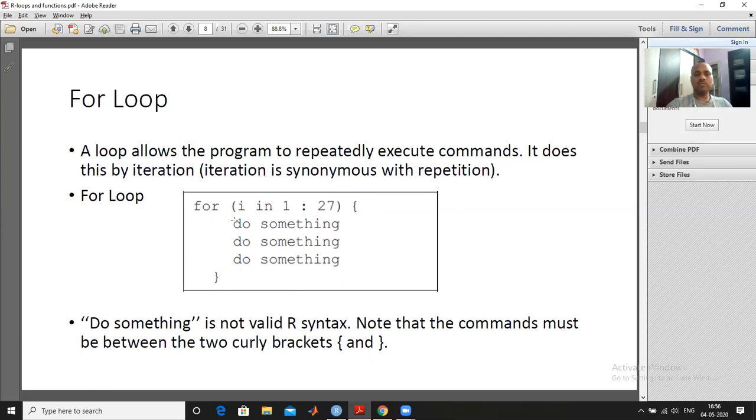"Do something" is not valid syntax, meaning we have to follow the syntax rules of R, and the commands must be between the two curly braces. So we write for like this, then the start of the curly braces, the end of the curly braces, and do something. The do something will be repeated, and how many times is controlled by this condition.